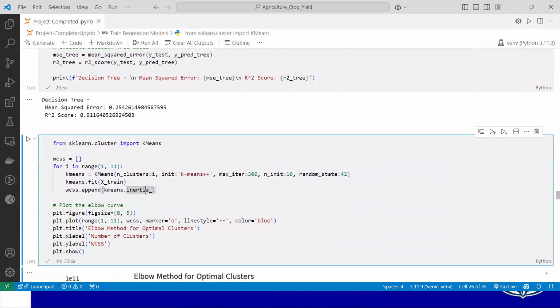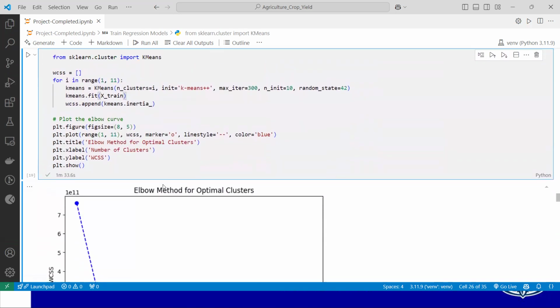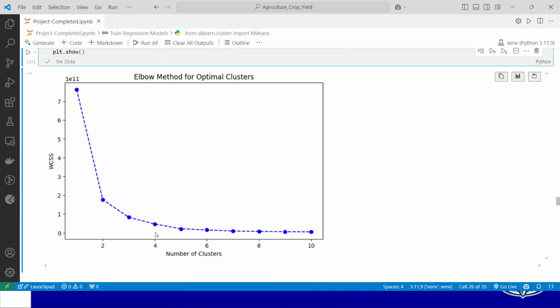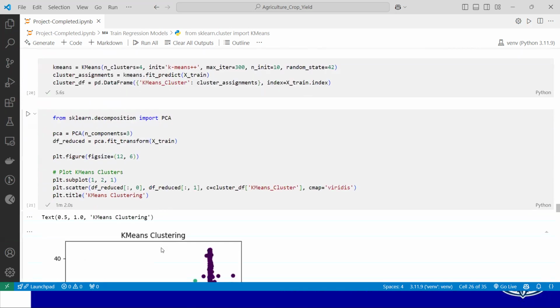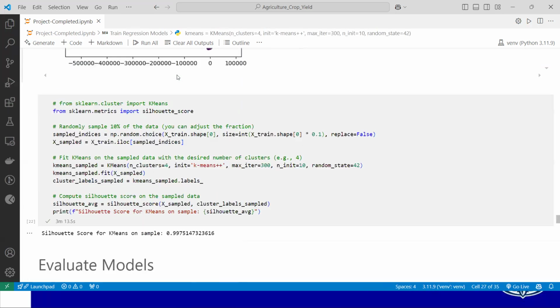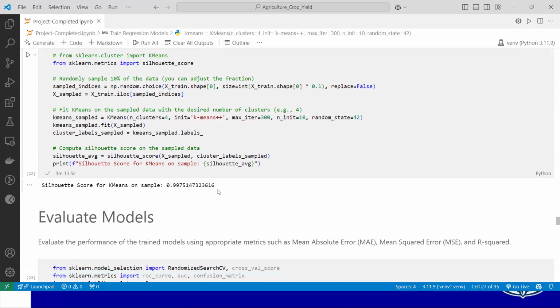And then we have trained the unsupervised machine learning model of k-means. We have used the elbow method to find out the optimal clusters. From the chart, we can conclude the number of clusters that is optimal for our data set. We have trained the k-means model here, and then utilized the Silhouette score method to evaluate the performance of the k-means. It shows us the 99.75% score, from which we can conclude that the cluster quality is very good.